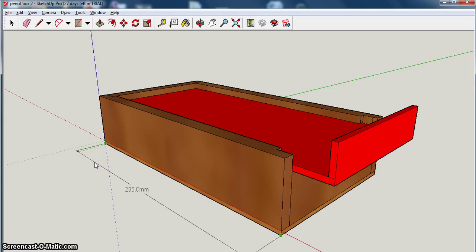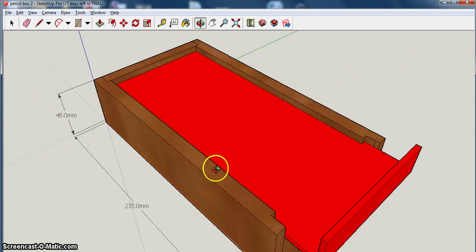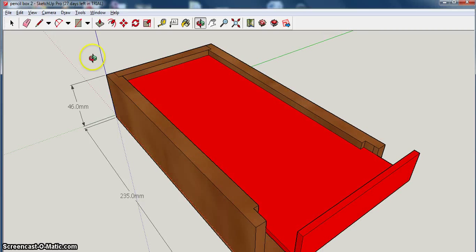First of all, the length, 235, the height. Now it's important that we select only the size from our base, which was 46, and then at the back here I'm going to put in the dimension of the entire width, 126, and also